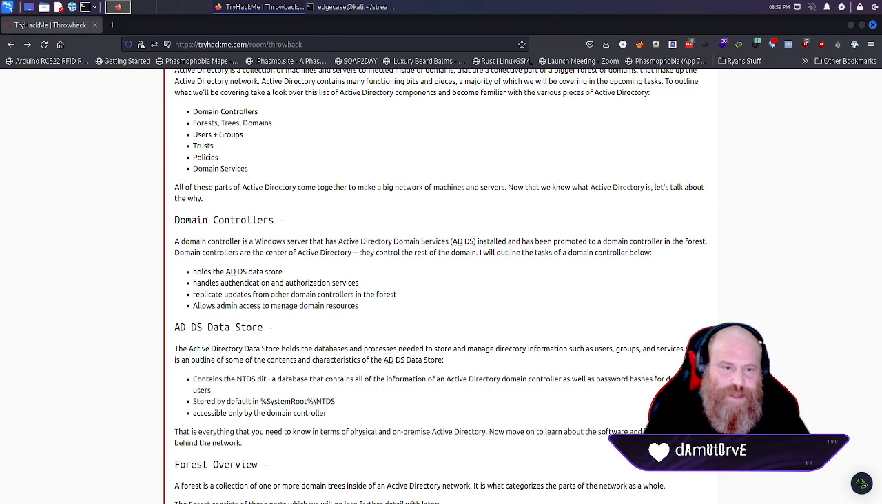They replicate updates from other domain controllers in the forest. So as we update one system, as we create new group policy objects, which we'll talk about a little bit later down in this section, that gets passed along. All the primary domain controller is going to,